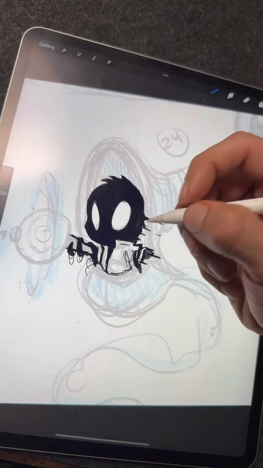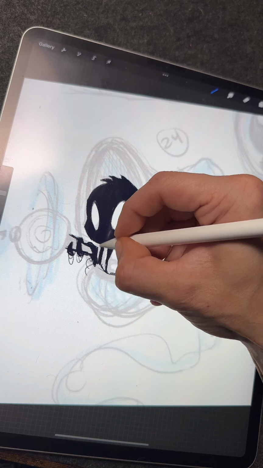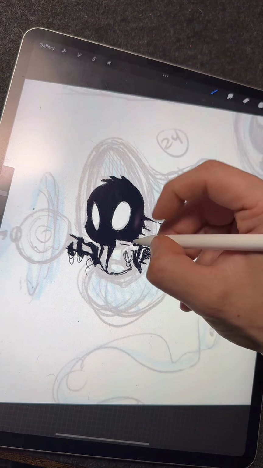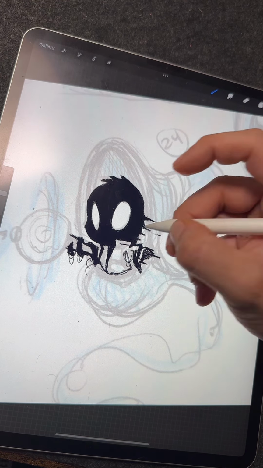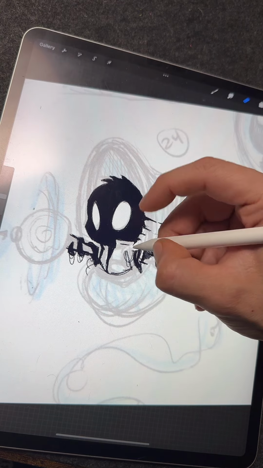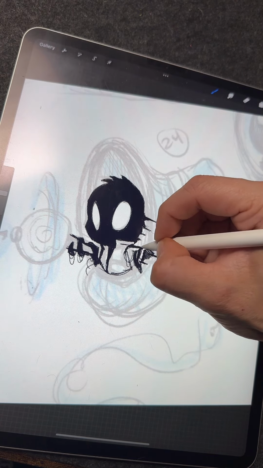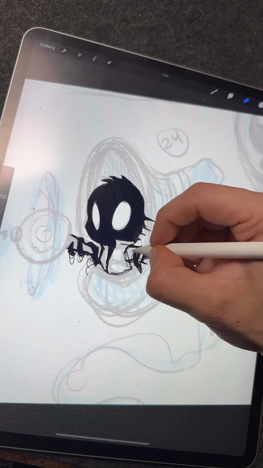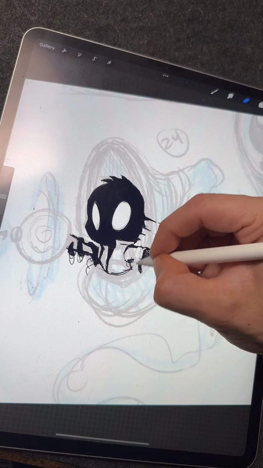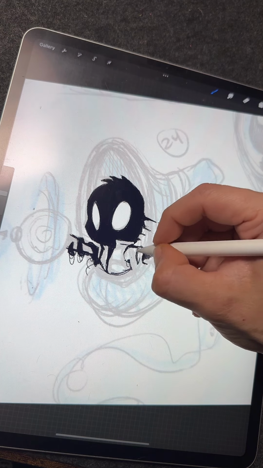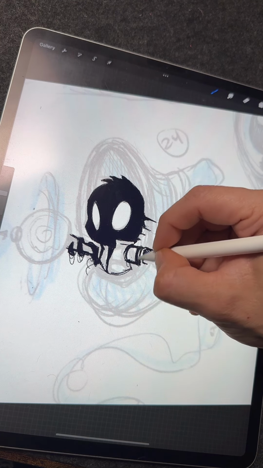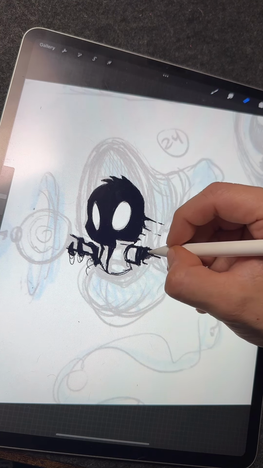Let's see. So his face would probably be a little bit closer to the side. Let's see, there you go. All right, I'm gonna make this arm right there. Hold on. There you go. That's it. There you go, found it. Yes. There you go. So now we have the cuff, we have the hand, and we just have